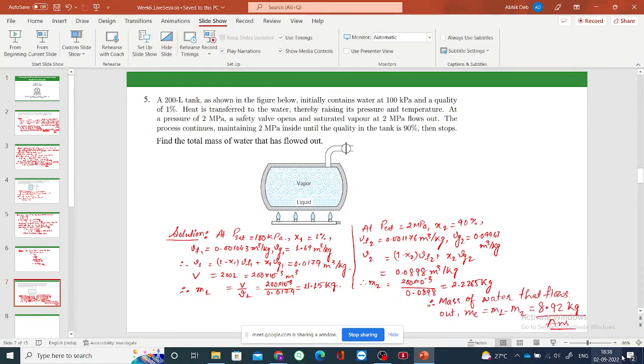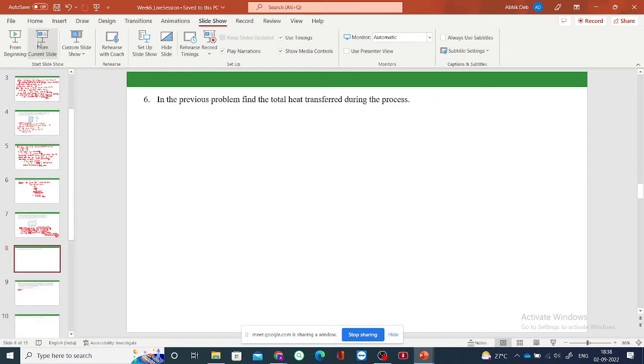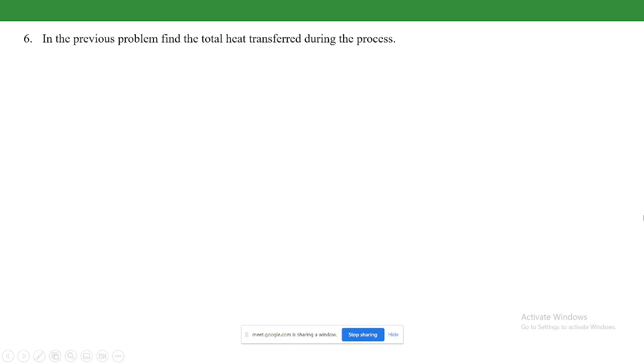So this is the first part of the problem. Let us move on to the next part. In the previous problem, we had to find out the total heat transfer during the process. Now, from the energy equation, if we write the energy equation here,